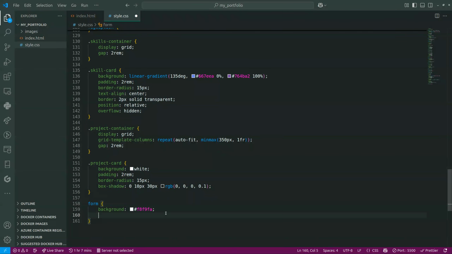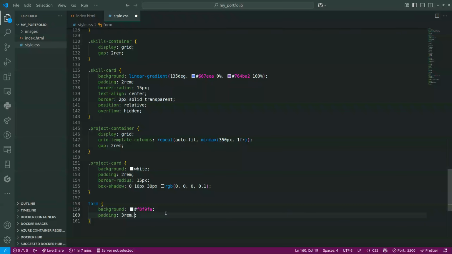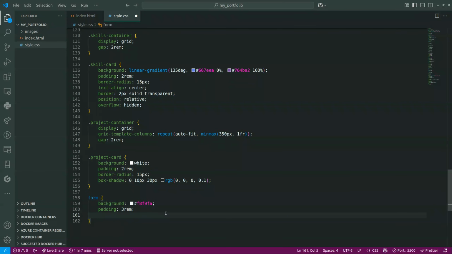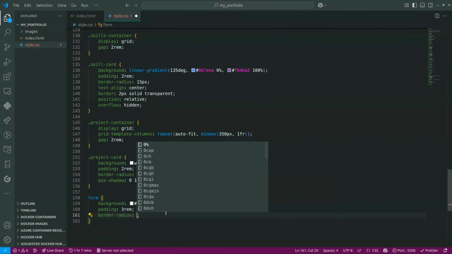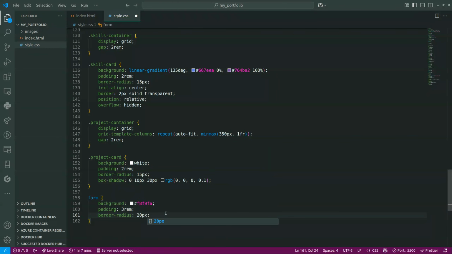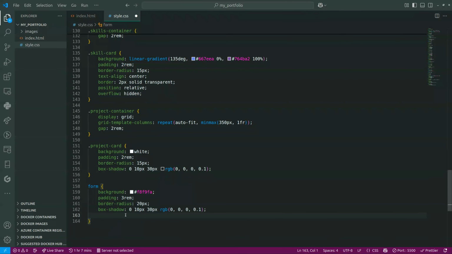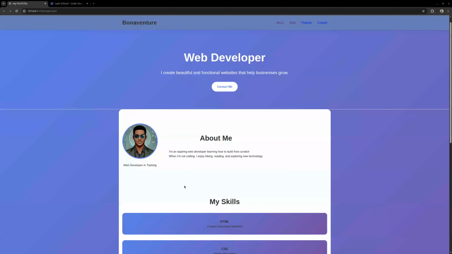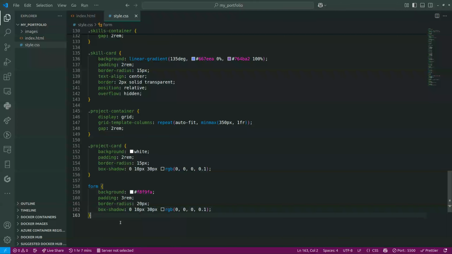Then I can give it a padding of, let's say, 3 rem. Then I'll give it a border radius of, let's say, 20 pixels. And then I'll also give this one a box shadow. So I'll just copy this and paste it here. I'll give it the same box shadow. So it appears like a card, but the individual items need to be